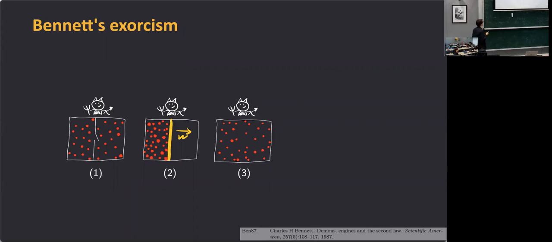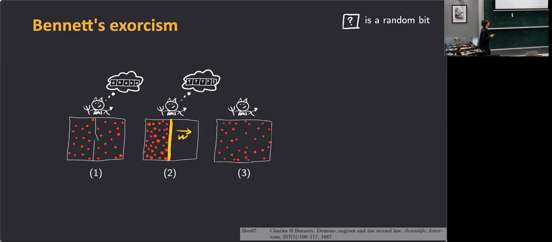Okay, but what's the trick here? It's to look at what exactly happens in the brain of the demon during this process. So let's say that the brain of the demon starts in a blank state, represented by a string of 0s. When he's going to open or close the door to let the particles in, he needs to look at the particle to see if it's on the left going to the right or on the right going to the left. And when he does this, he will capture this information in his brain, and then will operate the door depending on this information. But once the particles are all on the left, this information has disappeared from the physical system, and it only remains in the brain of the demon.